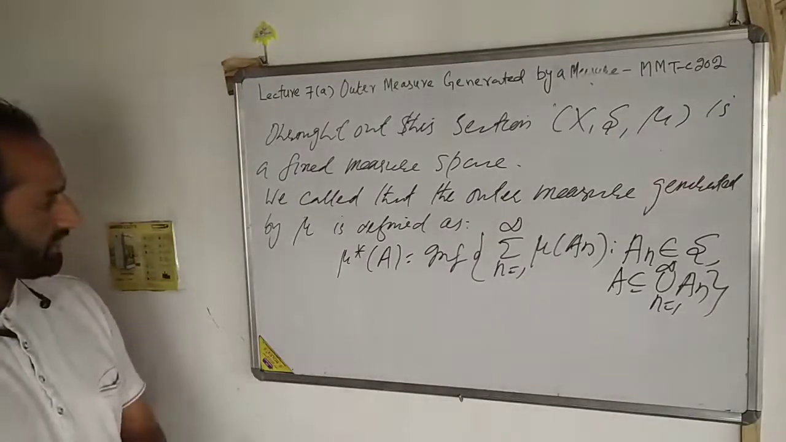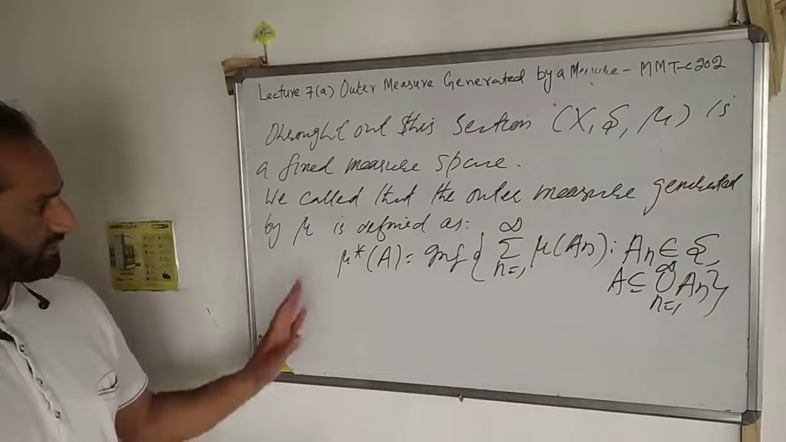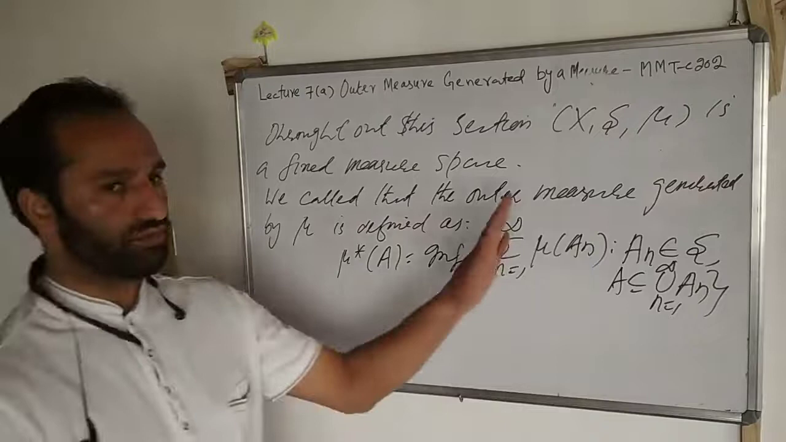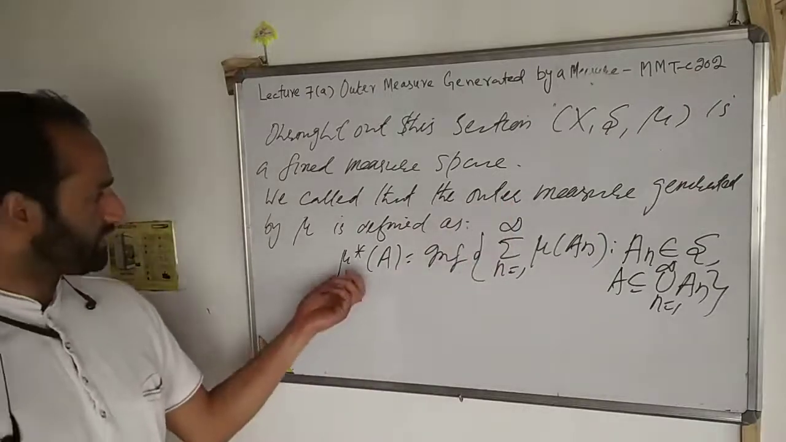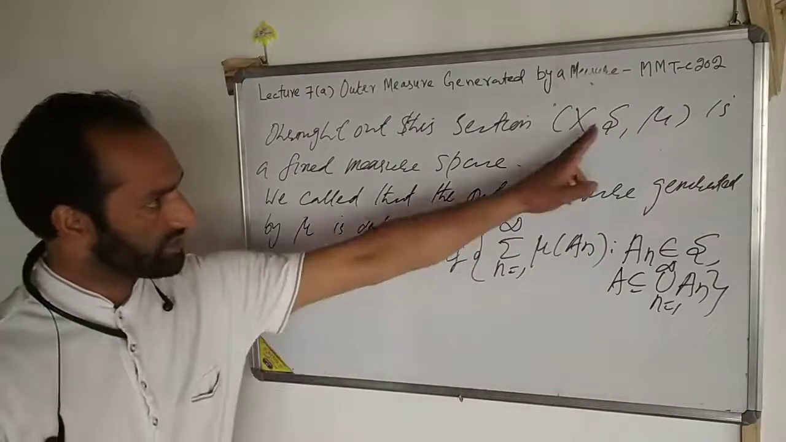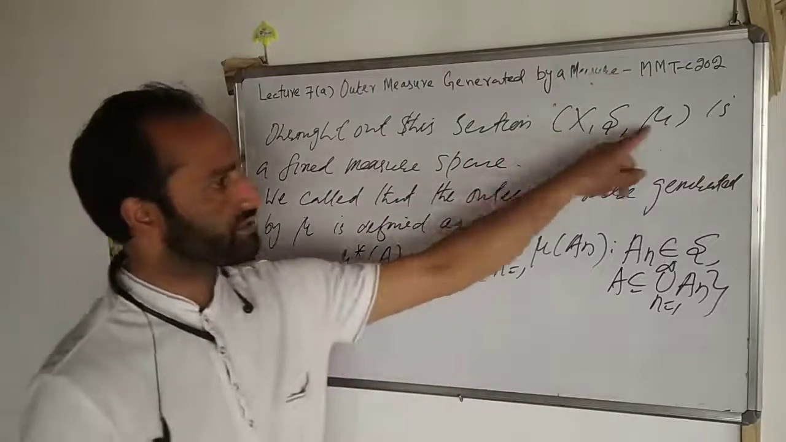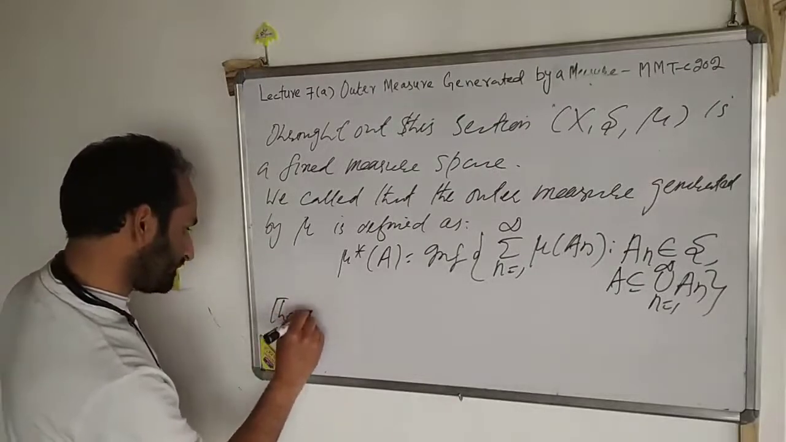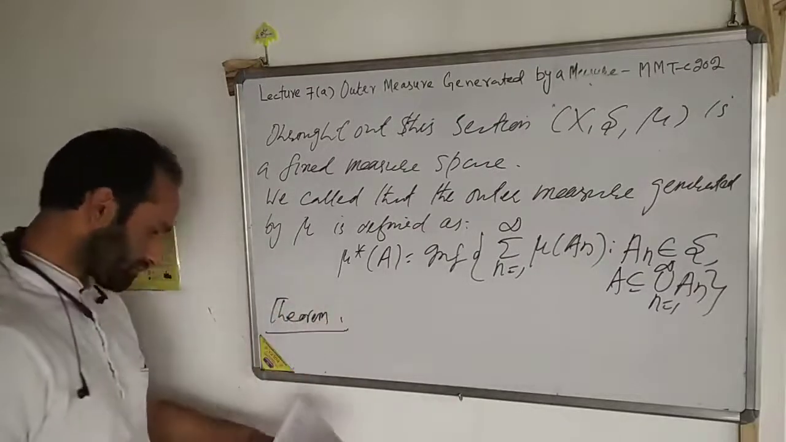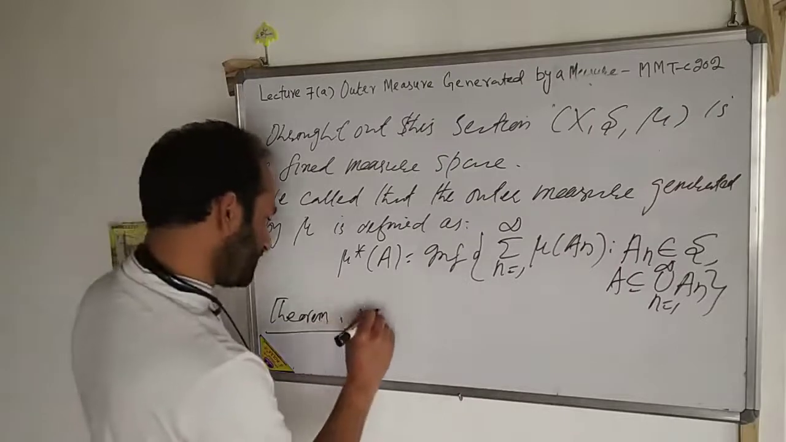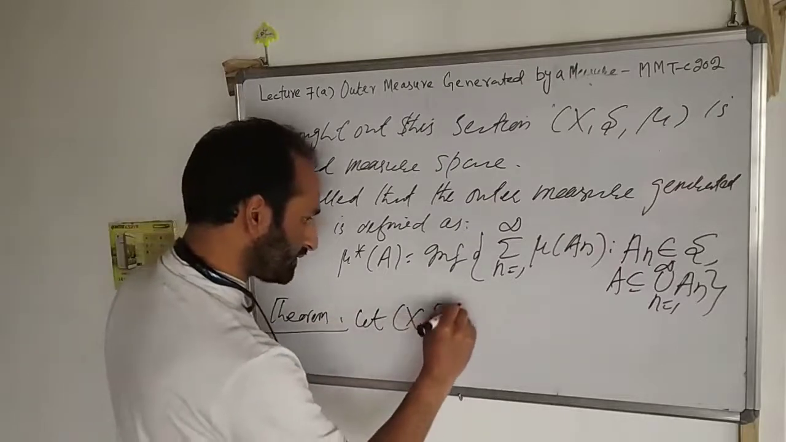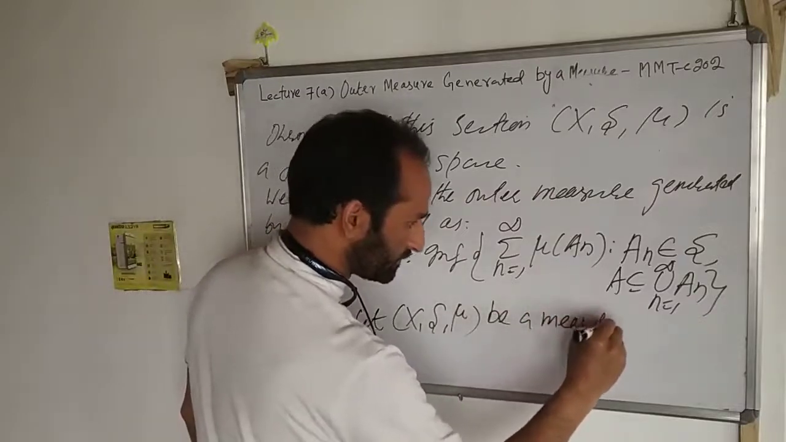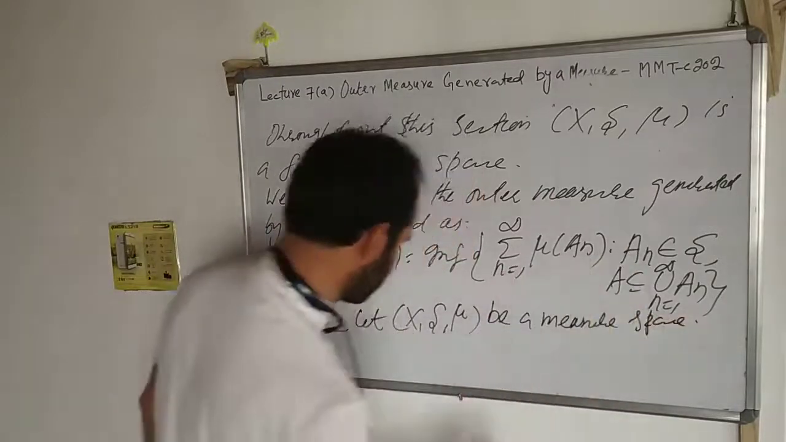We have the first theorem in this section. In that theorem we'll see that this mu star is an extension of mu. That means when we restrict this mu star to this collection, it will coincide with mu. It's an extension of mu. So that's this theorem. Let (X, S, mu) be a measure space. Then